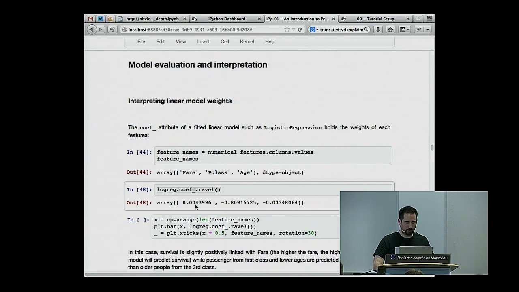So for instance, the first coefficient is very close to 0, which means that the price, the fare of the ticket, is not very important to make a good prediction for the model. The second attribute is minus 0.8, which means that the class number is very important, but negatively important, which means